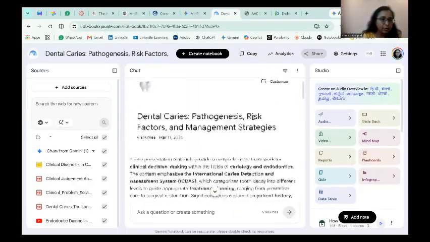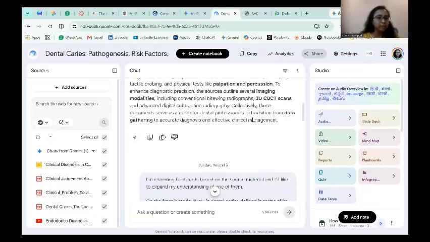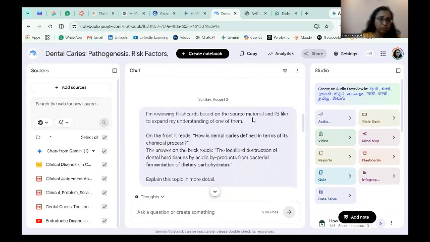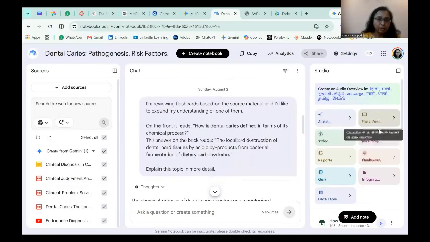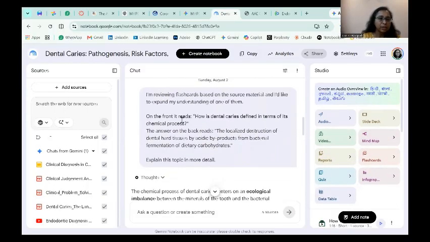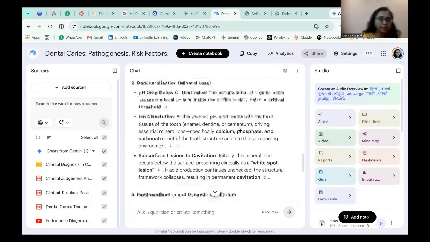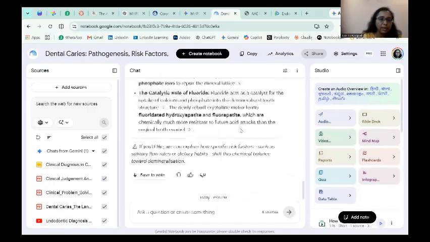Now I can continue this conversation here. This is a summary of my sources that was put in the middle once I uploaded the sources. And then when I went through all the different methods that it had created for me to teach, I asked a question: can you explain this answer to me, which is given in the flashcard? And it immediately took that and it explained the answer to me in a very